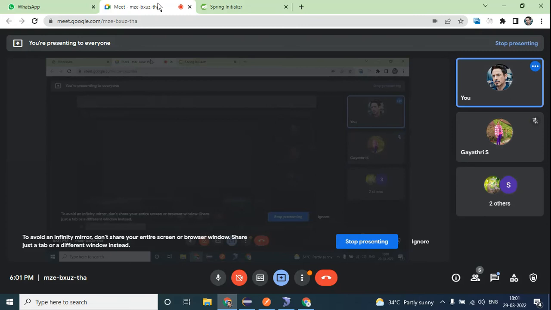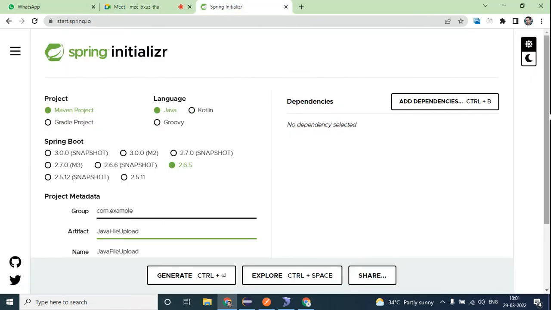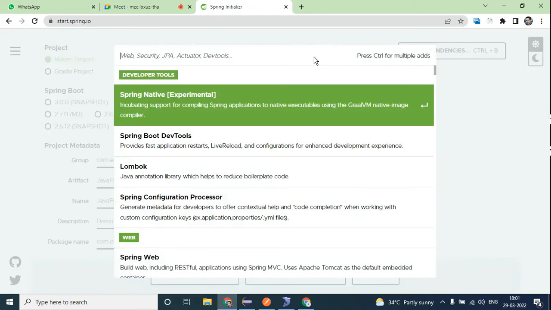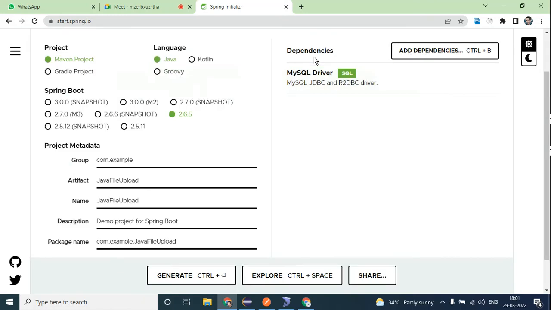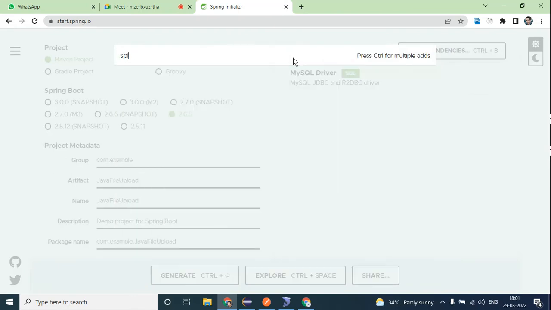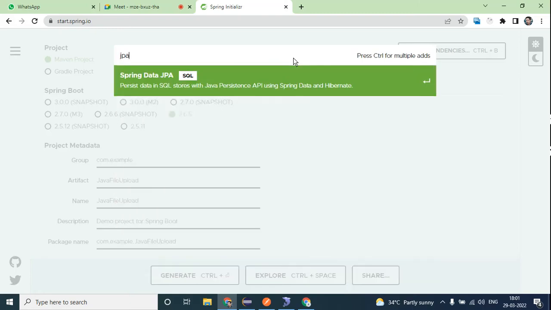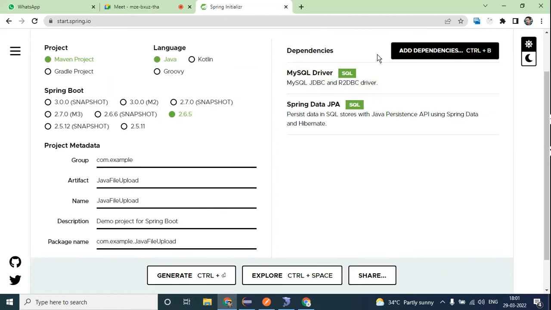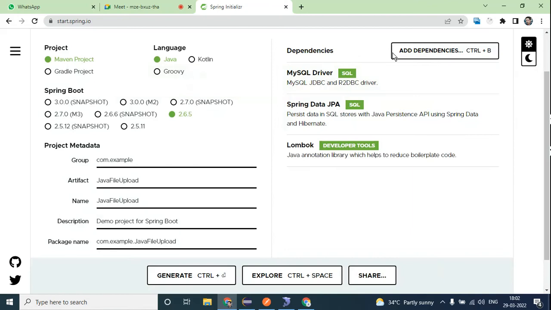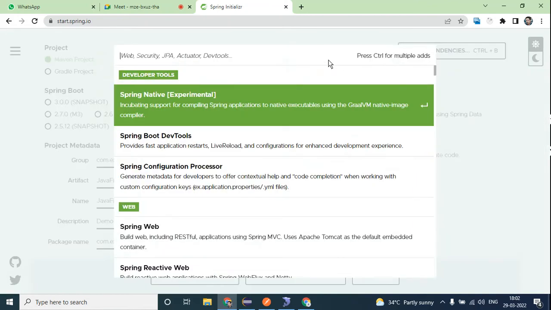Yeah, okay. Here in the Spring Initializer, I will give the name here and I will add the 4 dependencies. MySQL, I have Spring JPA, and I'll have Lombok. It is very easy. You can do it to an existing one. I cannot do it to the existing one right now. I'll show how it's done from the start.